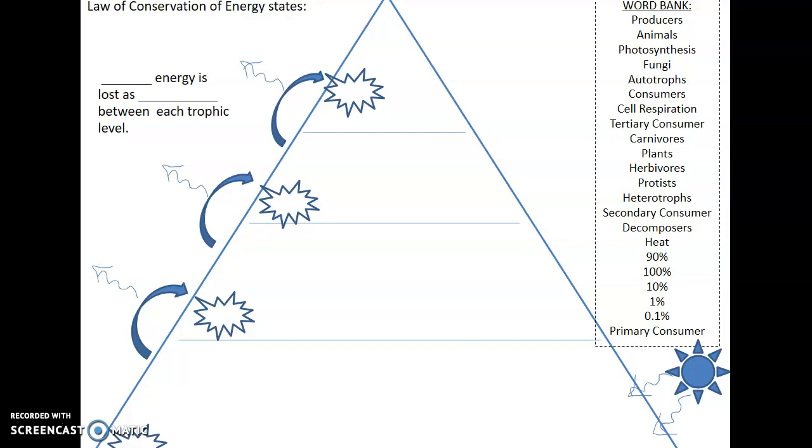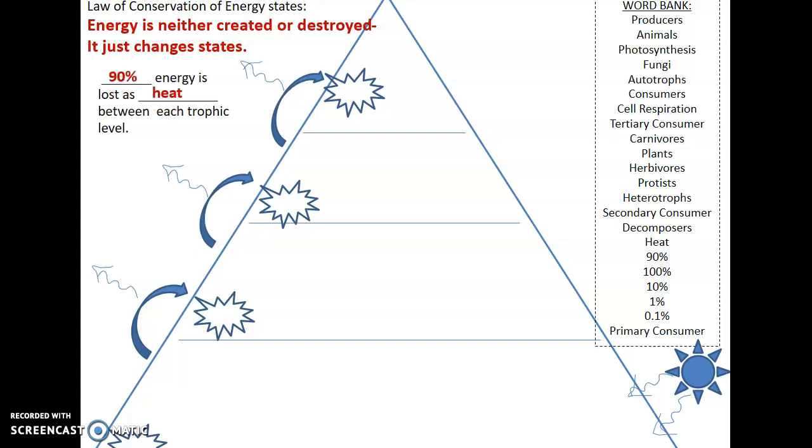Okay, so the first part of your notes, we're going to talk about some of these words that are in the word bank. They'll be in there. We'll address them. The first thing that you're going to want to write on your notes somewhere in a blank space is that energy is neither created nor destroyed, it just changes states. So the big thing here is, let's say that I eat some lettuce. I'm not creating new energy inside of my body, I'm just transferring the energy from the lettuce into my body. So I'm not creating it, it's already there for me, it's just being transformed into my body.